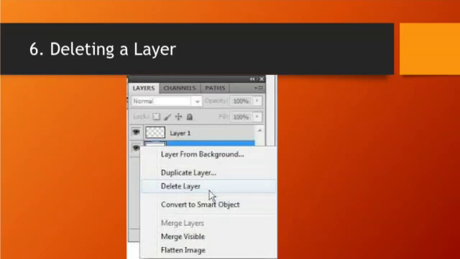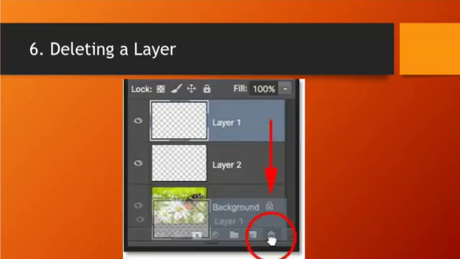Automatically it displays the confirmation dialog box. Click the Yes button to delete. Automatically that selected layer will be deleted. This is method 1 for deleting a layer. Another method for deleting a layer is: open the image and click on the layer we want to delete in the layers palette and click the delete icon in the layers palette. It displays a confirmation dialog box, and then click the Yes button to delete. Automatically the layer will be deleted.